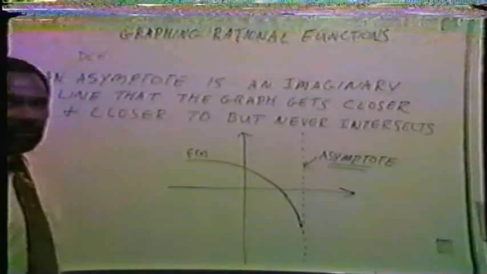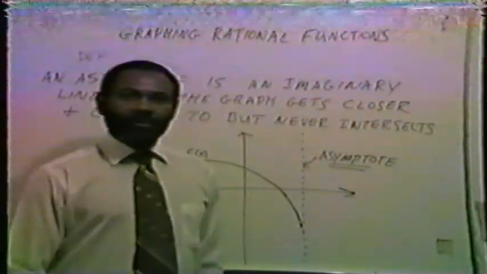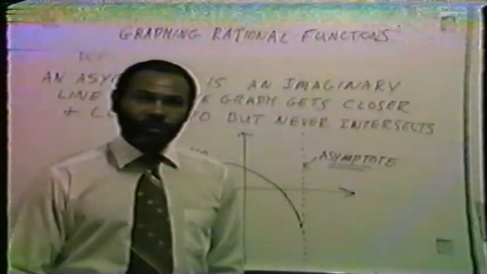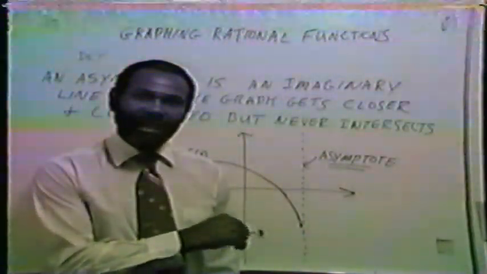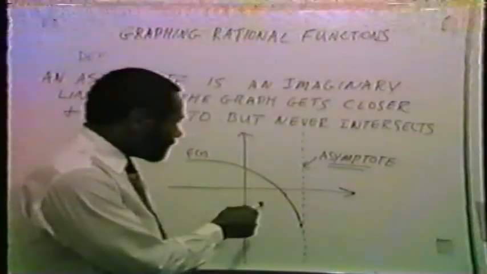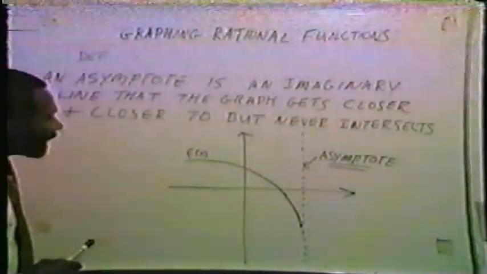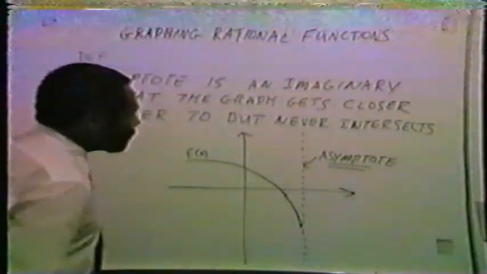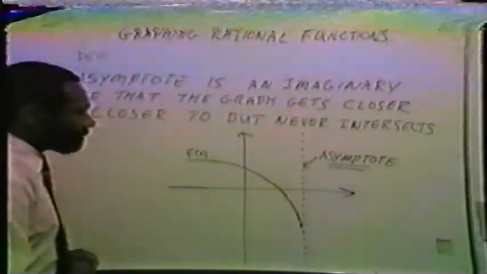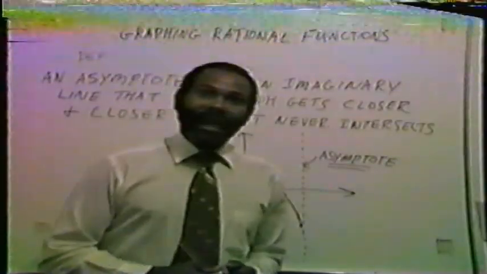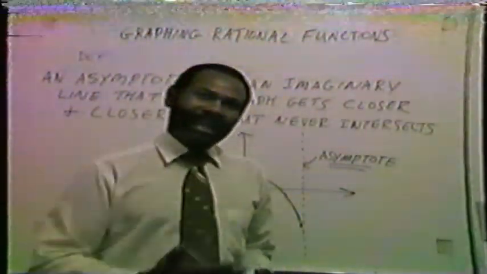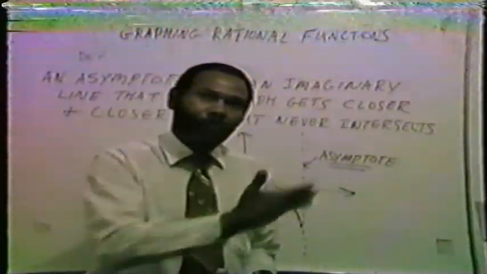Now we'll be concerned with two types of asymptotes in this class. We'll be concerned about vertical asymptotes and horizontal asymptotes when graphing rational functions. That's the reason we're going into asymptotes, so that we can use the idea of asymptotes to help us graph rational functions. Now, asymptotes don't have to be vertical or horizontal. They can be slanted, or what we call oblique